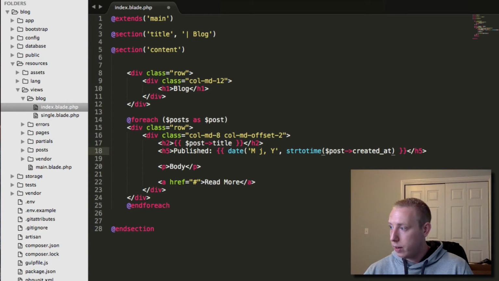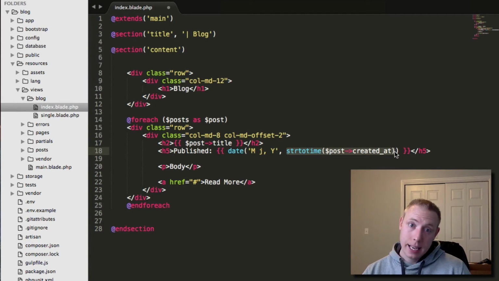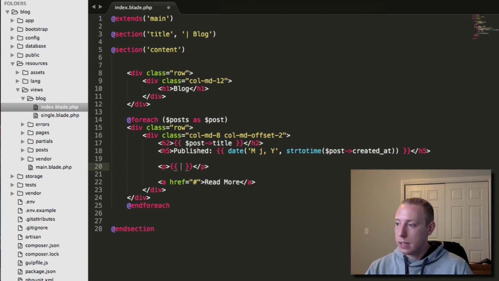And then we need this here. So again, this you guys should know, we just create our date format, and then we turned our post created at time into a Unix time string so that it can convert it. And we wrapped that whole thing in Blade so that it outputs the final time into our published thing. And then down here, we're going to do the same thing. We're just going to do post body,